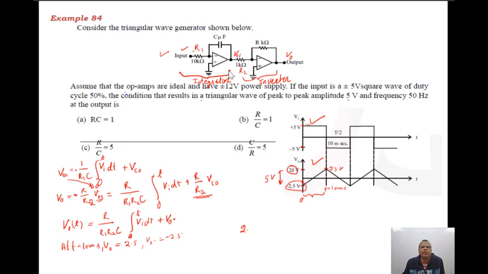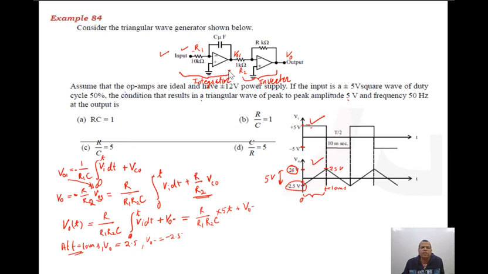So first of all, you can write this expression. Please see carefully. I can rewrite this expression of the output voltage, then you'll be able to understand what I am trying to say. This is R upon R1 into R2 into C. Now from 0 to t, what is the value of the input voltage? 5 volt. So multiplied by 5 volt. The integration of this will be t, plus the initial output voltage V0 minus, that is the expression.